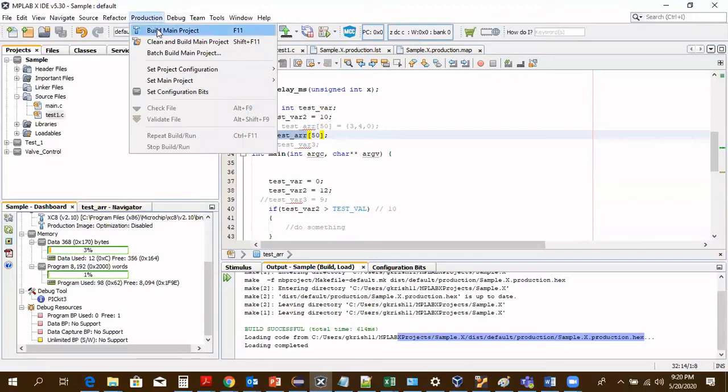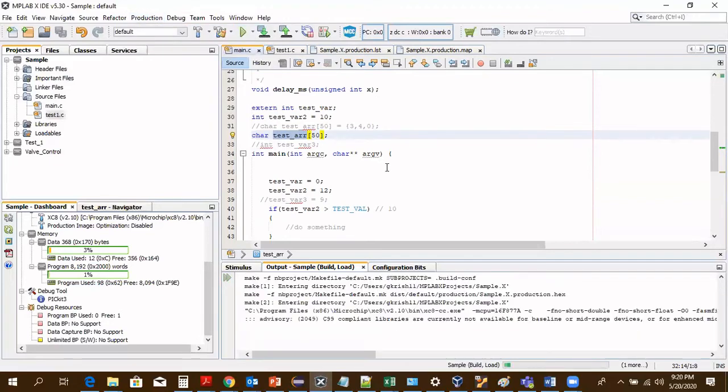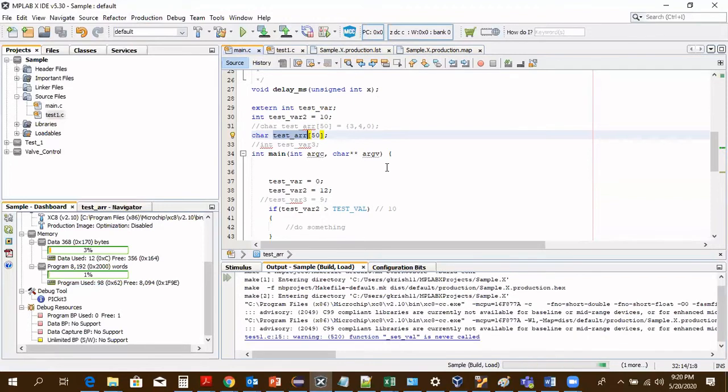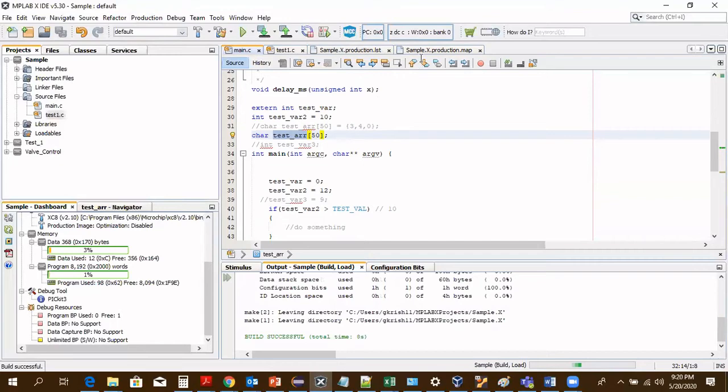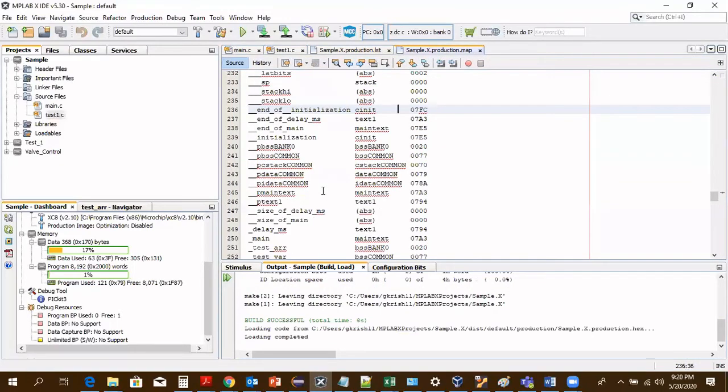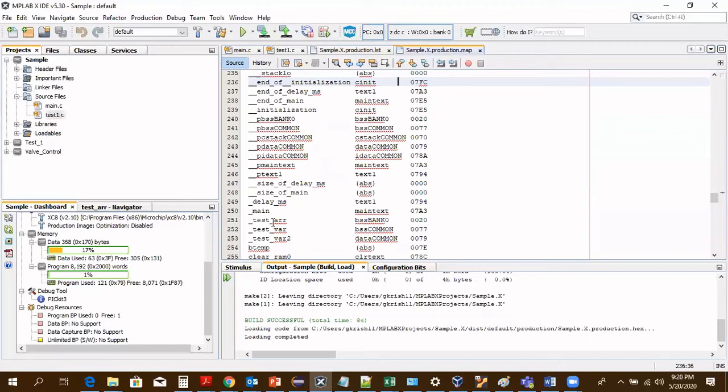So I just compile it. Here we have the test_array that sits in the BSS segment. This is an array variable, and it sits in the BSS segment.